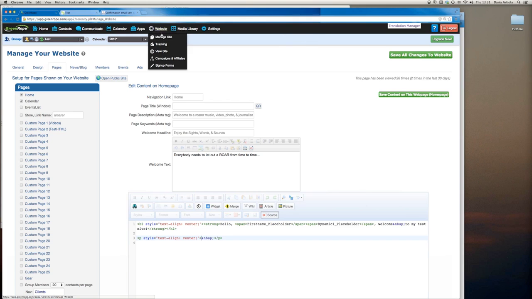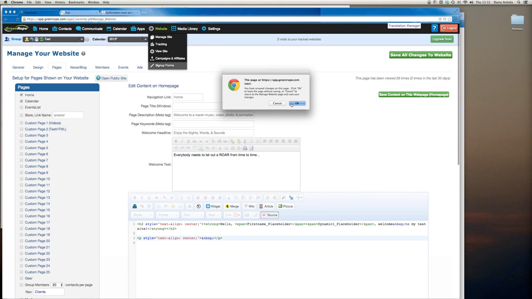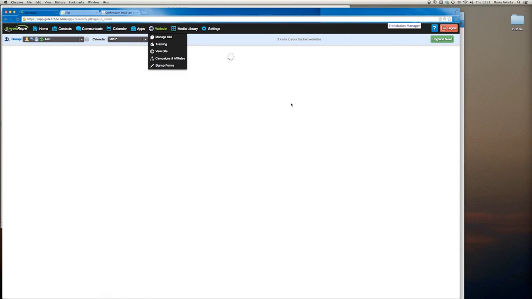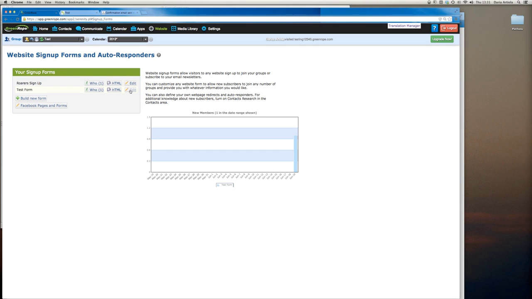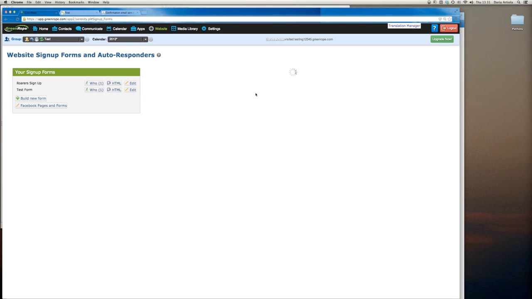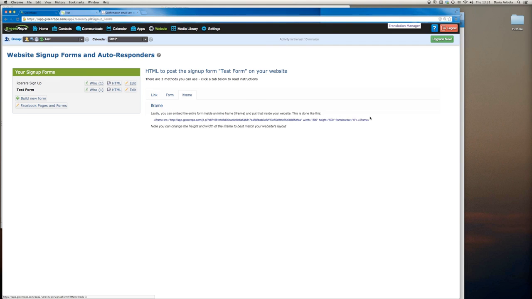So let's just take the iframe, for example, for posterity's sake, and I will go to the sign up forms. I'm going to copy and paste the iframe. And the iframe, again, you might have to tweak around the size of it and such based on how big the form is. But essentially, I can take the HTML coding with the iframe here, copy,